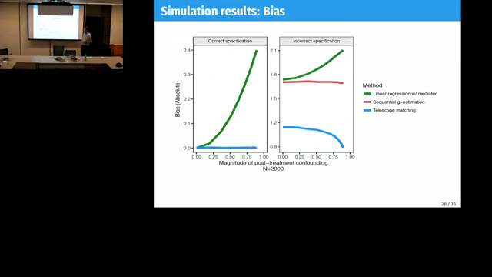Right, for telescope matching, what we're seeing here is two things. One, in terms of bias, we basically recover something very similar to what sequential G-estimation gets. But nicely, in the incorrect specification, we're seeing a much lower level of bias, which is this idea that we're guarding against at least some of the model misspecification issues that are going to arise in both linear regression and sequential G-estimation. So I think, Gary, you're right. This difference is the real contribution of the paper, not the difference between the red and the green